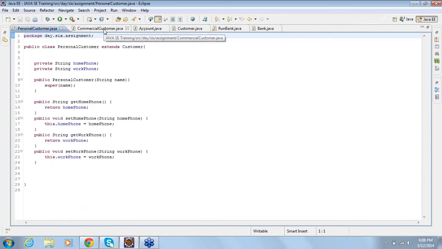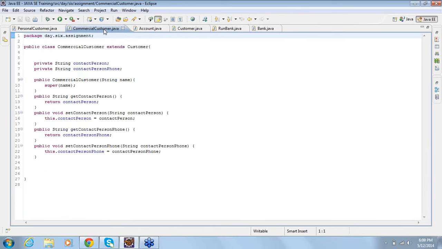Then there were two other classes called personal customer and commercial customer. They share a relationship with the customer, and the kind of relationship is an is-a relationship.